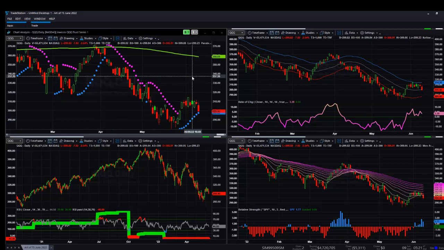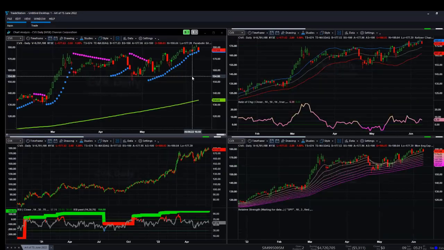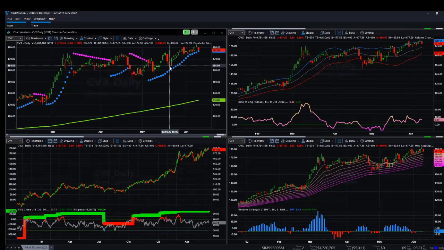So we look at just some random bullish stock, like Chevron or something. The price is above... at this point, I don't see a lot of opportunities in a name like this, but say you were looking for an opportunity like this, you could say, show me stocks where the low price was above the Parabolic SAR. The price is above the Parabolic SAR because the SAR is under when it's bullish. So you can basically go to Scanner and say, show me where the low